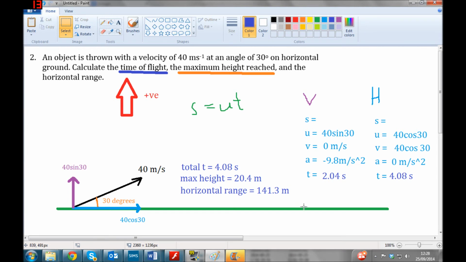Hopefully that all makes sense, and you've got an idea now of how to do this kind of calculation. Good job if you got it right, and go practice some more. Have a look online, find your own, and if you've got any